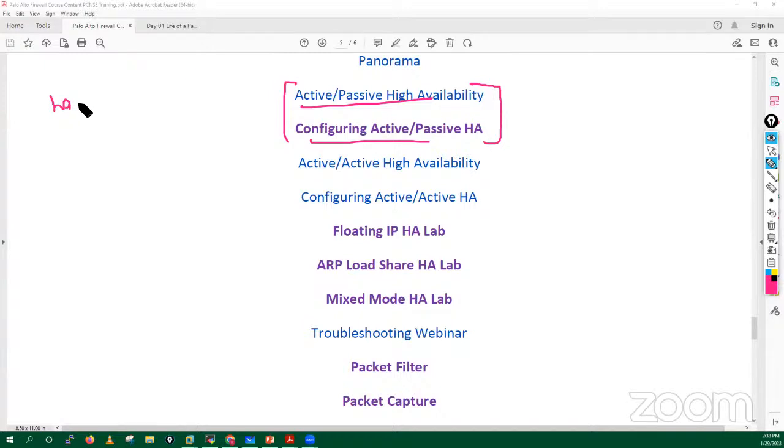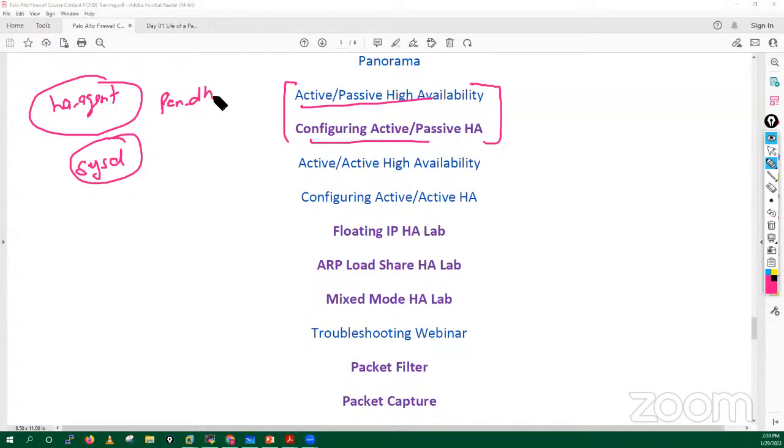What is the use of the HA agent daemon in your HA process? What is the system daemon, or what is the work of the sysd daemon in your HA process? What is the daemon called pan HA, and how does it help you maintain your HA related tasks? Everything we will see in detail along with the troubleshooting, along with the advanced architecture, how your Palo Alto